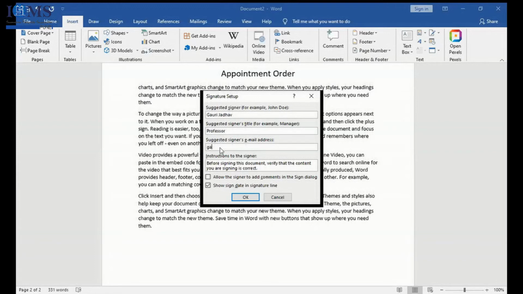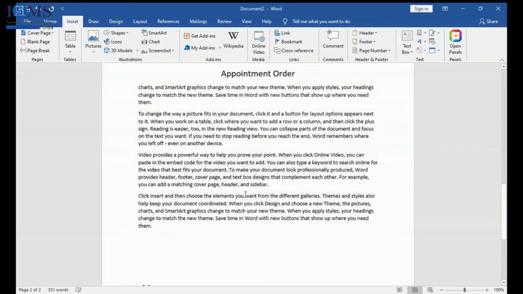Email address, Gauri at gmail.com. Before signing this document, verify the content you are signing is correct, because you're signing it; that's why it gives this instruction. Allow the signer to add comments and show the sign date by default. We will go as per the given settings.